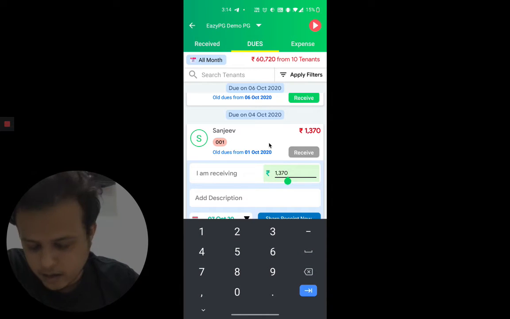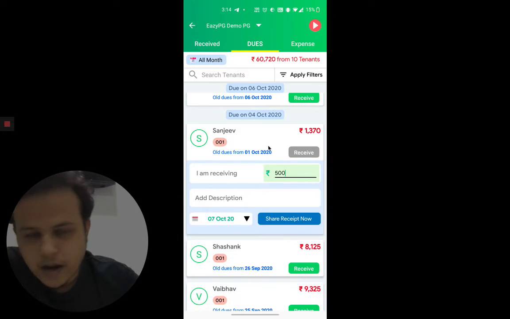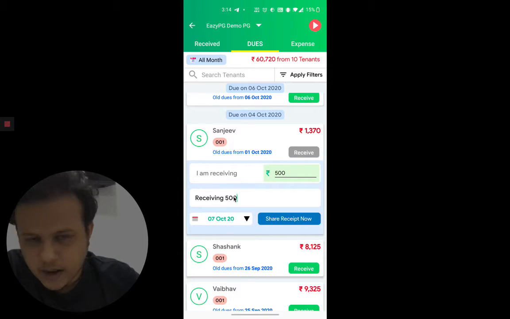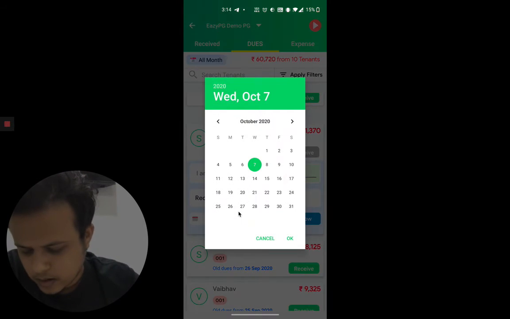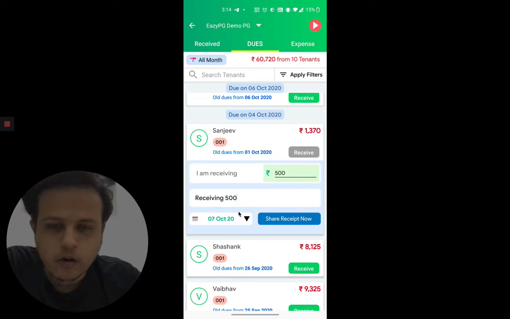So if I click here and change this amount to, let's say, 500 rupees, I'm receiving 500 from Sanjeev, and then after that I can add a description as well. Receiving 500. Okay, and I can change the date by clicking here as well. Okay, so let's leave it for now and click on share receipt now button to